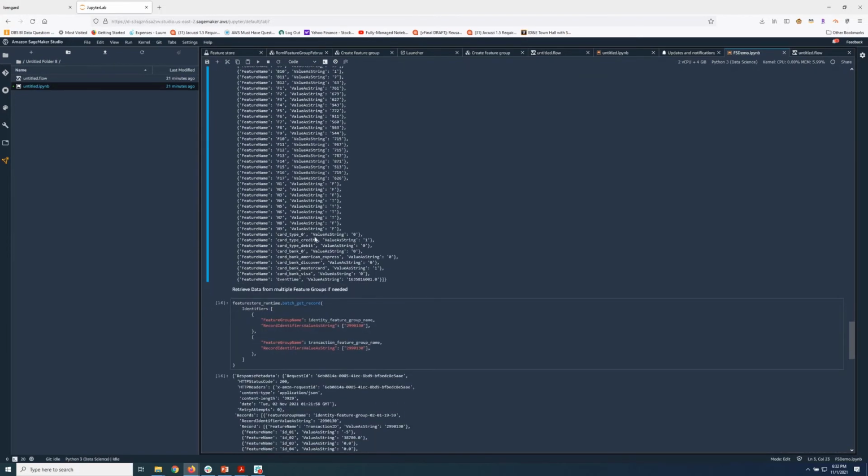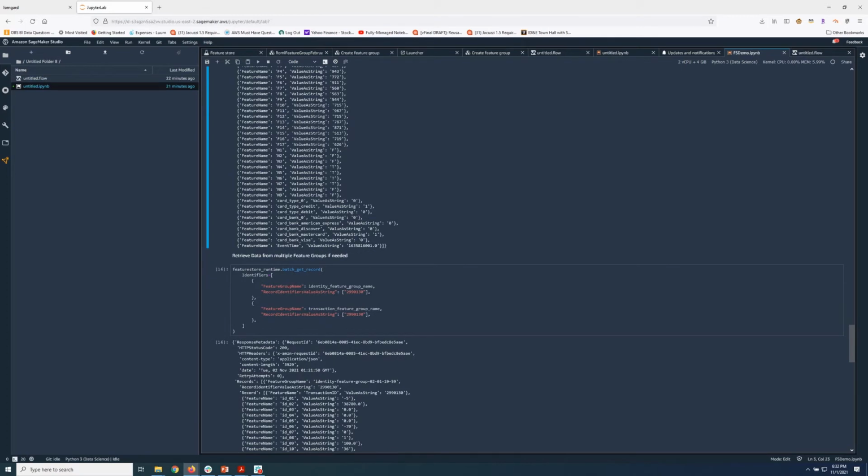If you also want to read from multiple feature groups at the same time, we have the batch get record API, in which you specify get records as a tuple. So you would specify the feature group name and the record ID you want to read from each of the feature groups.